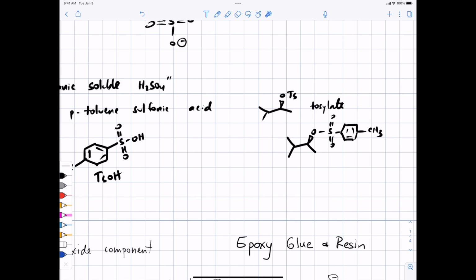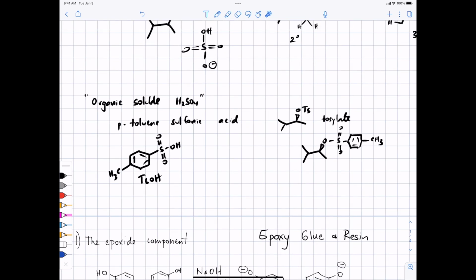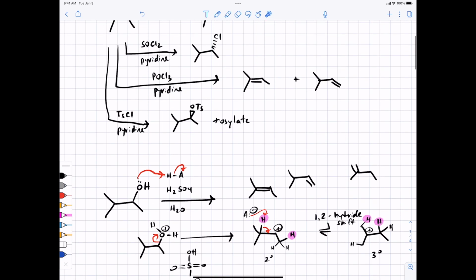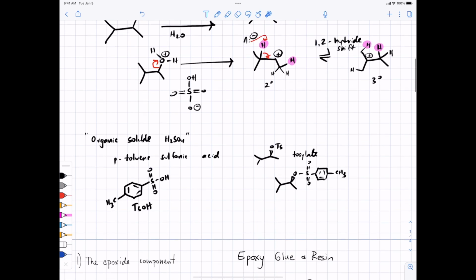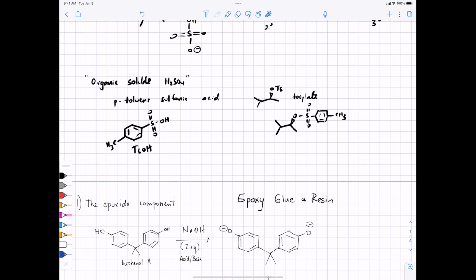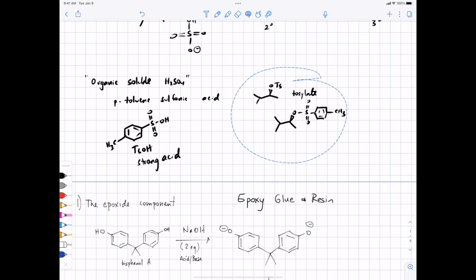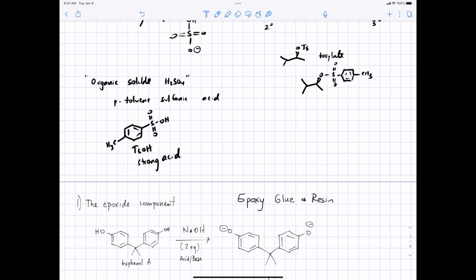That's not important. I'm just pausing to help you see the connections, because I know people get confused on what on earth TSOH is relative to TSCl. TSCl converts the alcohol into the tosylate, or the sulfonic acid ester, and then that can be a good leaving group. But if you use TSOH, this is a strong organic soluble acid, and so you can do elimination chemistry